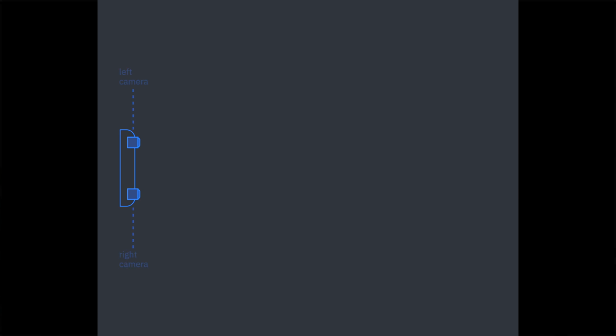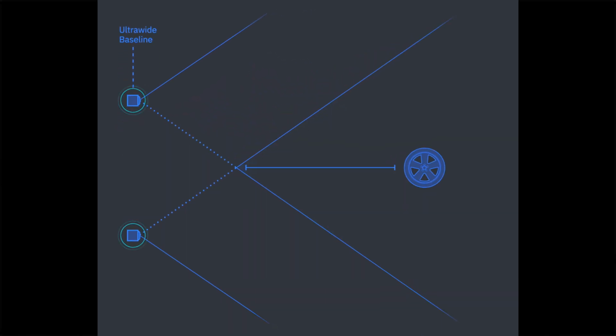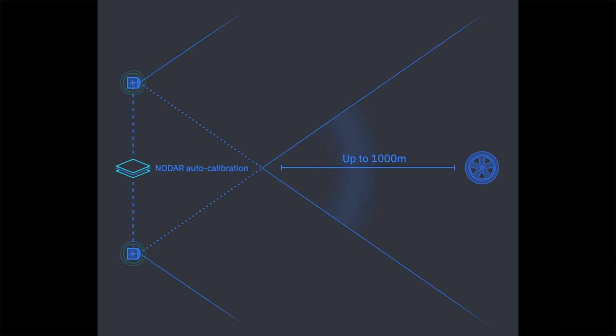NODAR Hammerhead is an ultra-wide baseline stereo vision product that also can similarly see beyond 5 meters out to 1,000 meters, and it can also determine 3D information in high density around the robot. It measures distance based on angles or triangulation, which is a physical measurement and therefore has the reliability needed for